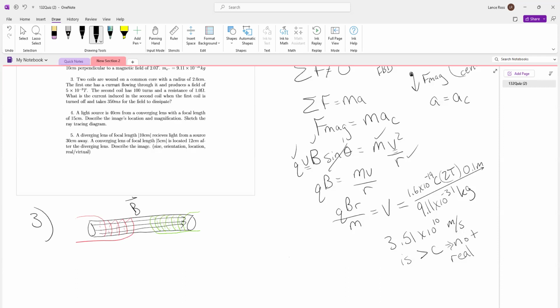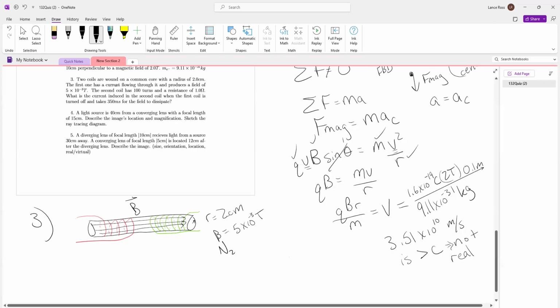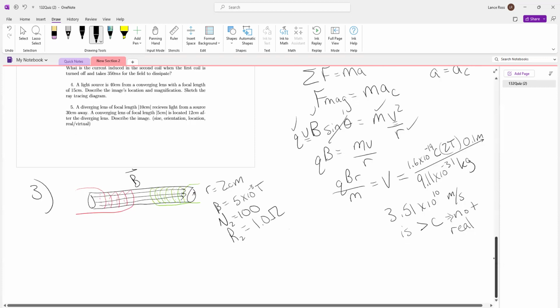We're told that the radius is 2 centimeters, and the field is 5 times 10 to the minus 3 Tesla. The second coil has 100 turns, and the resistance in the second coil is 1 ohm. What is the current induced in the second coil when the first coil's turned off and takes 350 milliseconds for